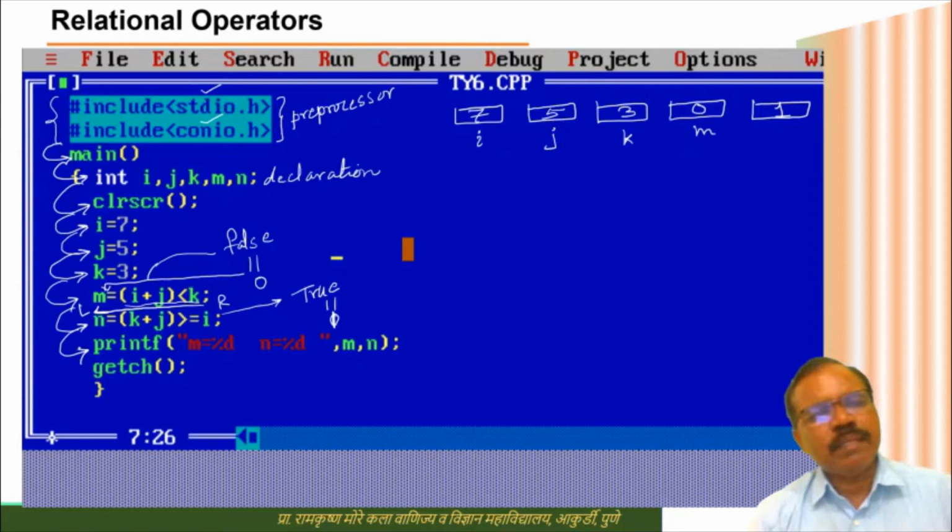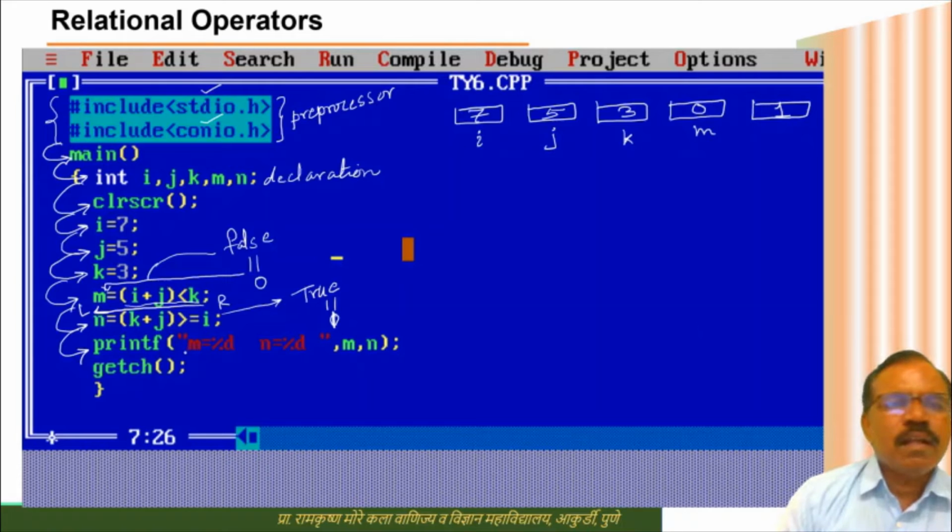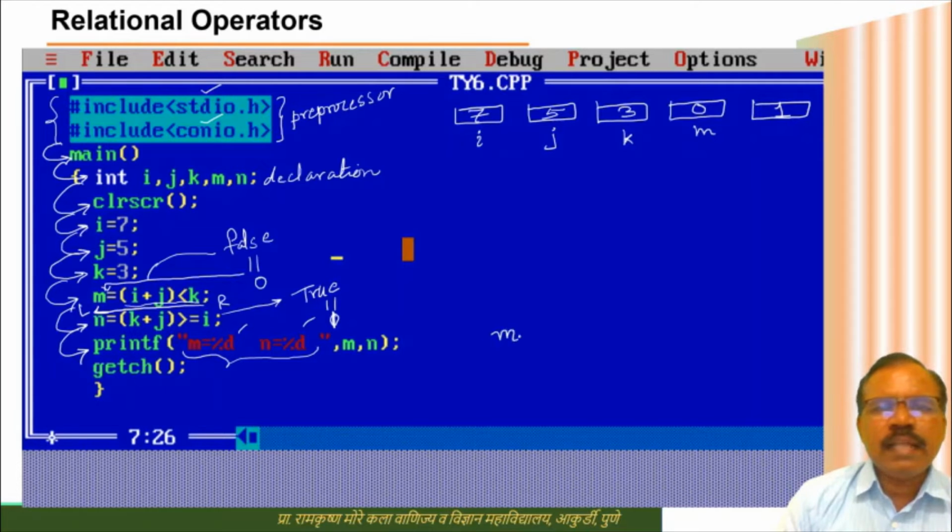This is a printf statement. Now here in brackets we have the control string. Now this control string has specifiers also. So what happens here? M equal to, it is printed as it is on the output screen. In place of this %d specifier, the first argument is printed. The value of the first argument is printed. Now to print the value, the value is called from the memory location.